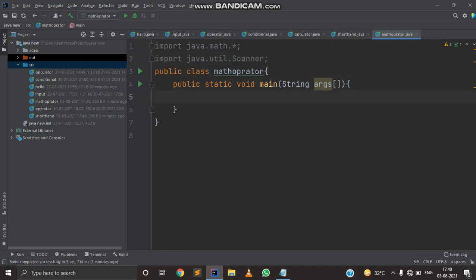So first we'll talk about Math.pow. As you can see, it is simply Math.pow(x, y), which means x to the power y. This whole code is simplified into this.